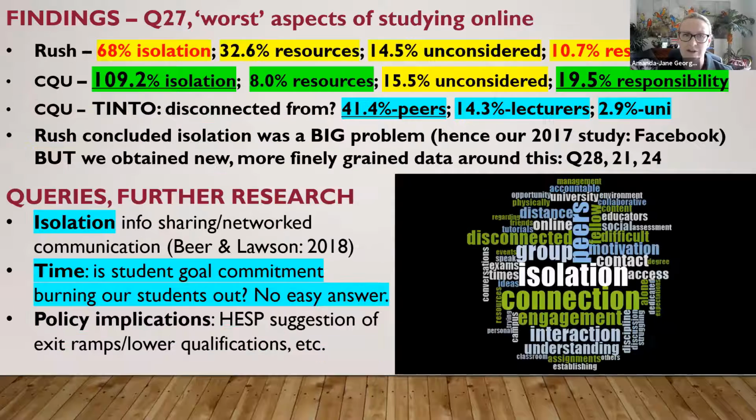The other part of our study related to isolation, and in fact, Russia's study was the reason why I started off on this research trail, because my interest was in trying to mitigate feelings of isolation in the student cohort, given Garrison's theory of online learning and the community of learners, and the big factor that social presence plays in that. Russia's study seemed to support the way I was thinking, which was if students are really isolated, then we need to be thinking about things to do for online students that will help break up